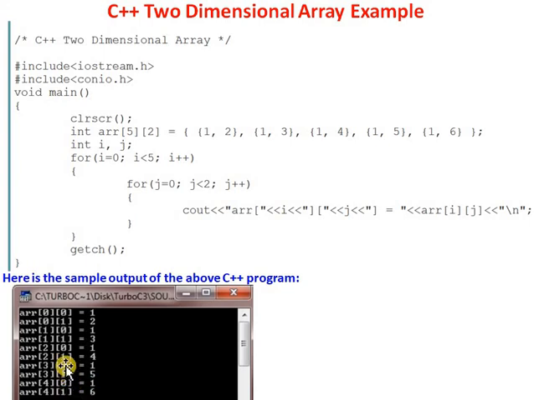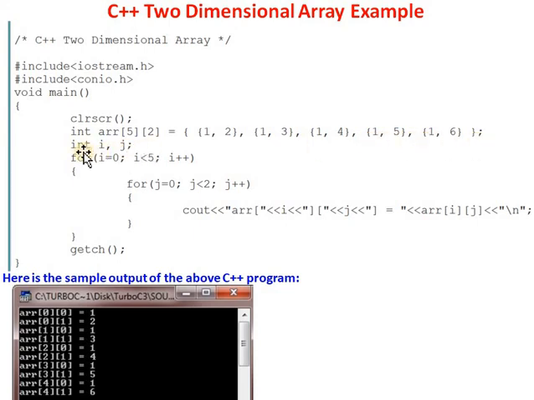In short, if you want to define any two-dimensional array and access its elements, then you first declare that two-dimensional array. Then by using the assignment operator, the equal to operator, we assign different values to the array.